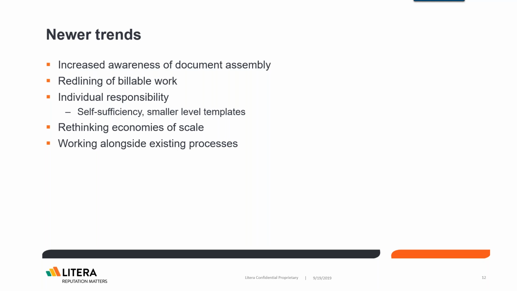There's also individual responsibility, and this really ties into this piece. So previously, there was sort of a company standard. You would use the technologies that are provided to you by the firm, and if you don't have something for a particular need, you go back to basics. So the Microsoft Word, that would be using something previously stored in the DMS, pulling it out, and then opening it up and fiddling around with it until the facts of the matter fit what you're trying to achieve. And that is very much what happens in this reuse and revise of DMS documents.